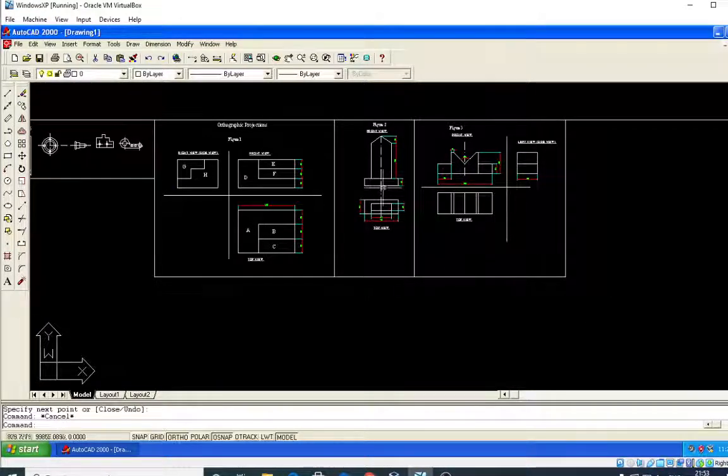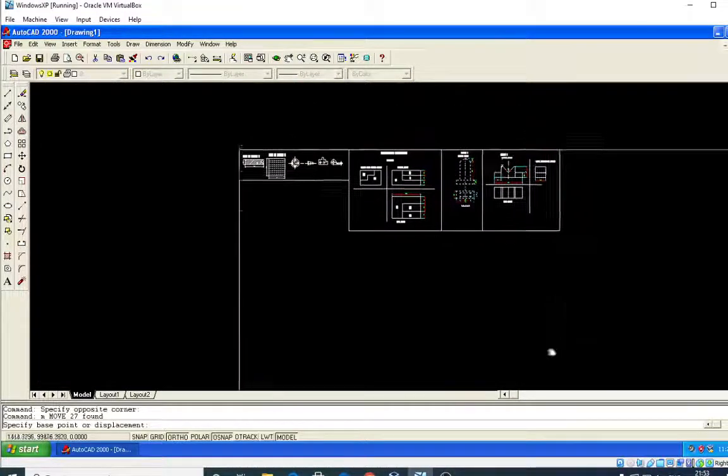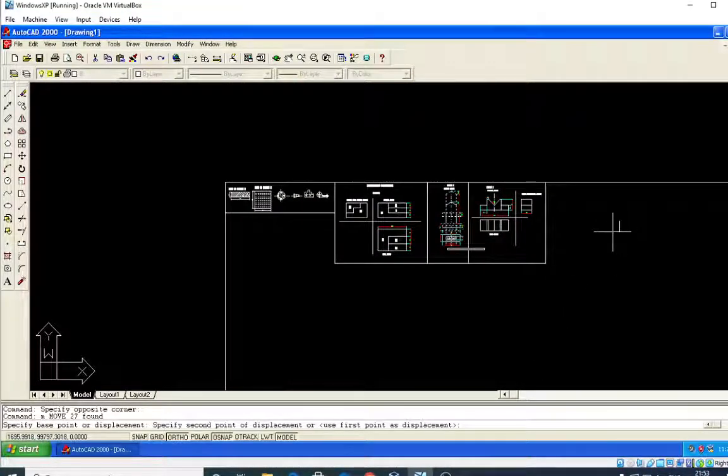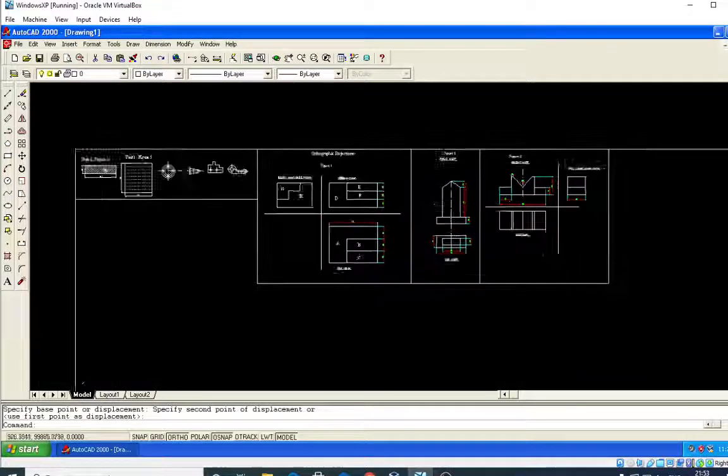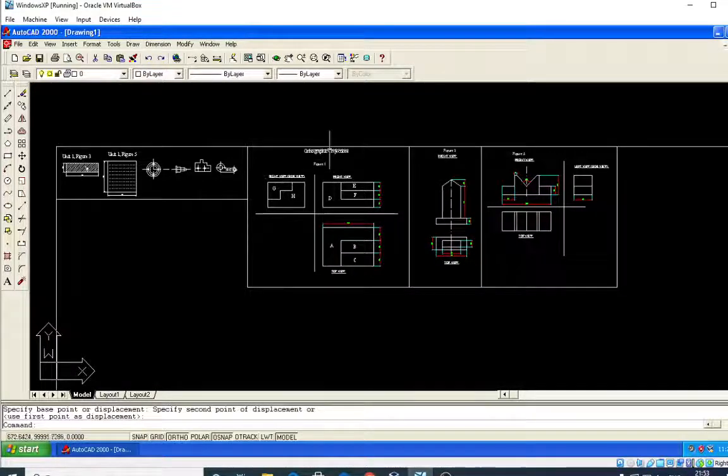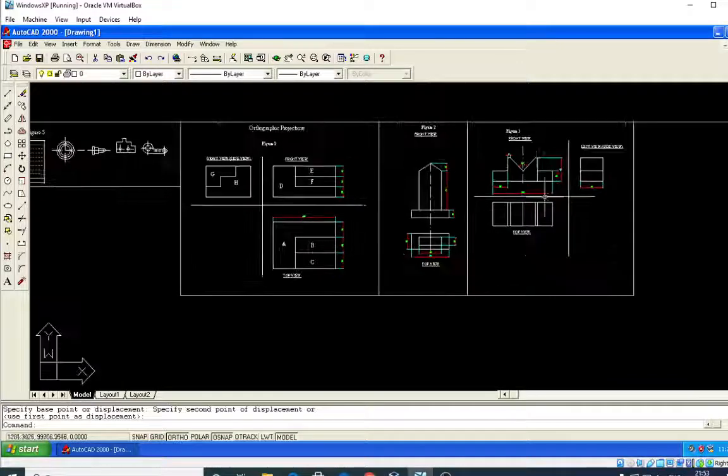Okay, so figure 1, figure 2, figure 3 all are ready. So I will move it further downwards, move. Okay, so this is a figure number 3. So I hope you have understood this. Thank you very much for watching.